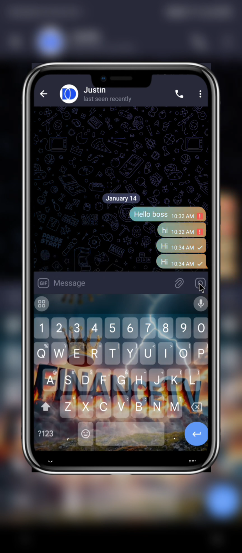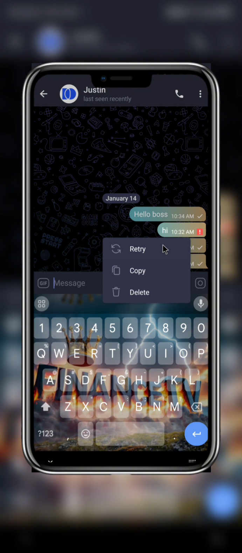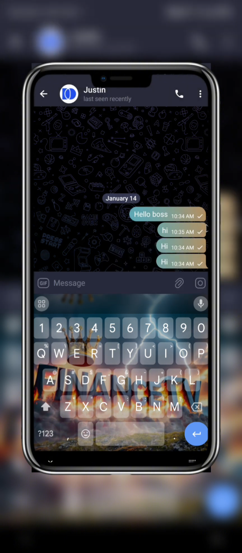I send a message to the same person that I sent a message to before, and this is what I get. So after using the bot, you can see I can now resend those messages and they went well. I'm still not in this person's contacts, but I can now send them messages using the spam bot correction. So I hope this is helpful.